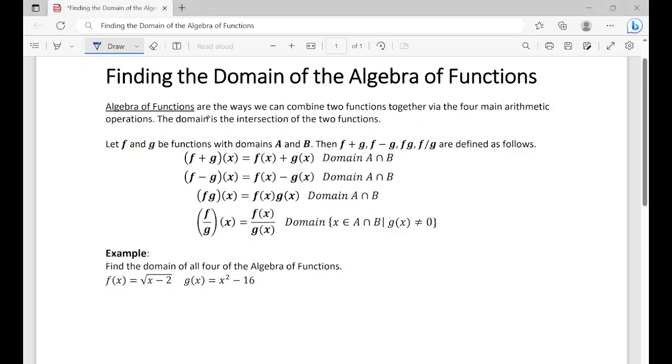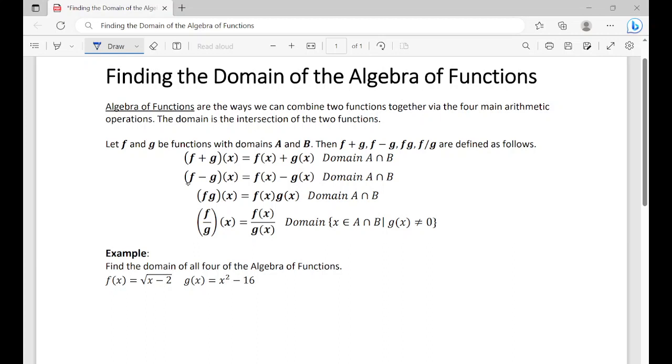Algebra of functions are the ways we can combine two functions together via the four main arithmetic operations. The domain is the intersection of the two functions. So if f and g are functions with domains a and b, then the algebra of functions, the four here, are defined as follows. The sum of the two functions is just the intersection of the domain of the two